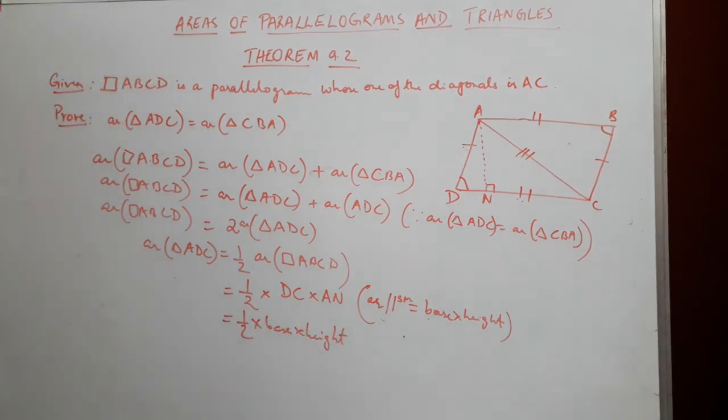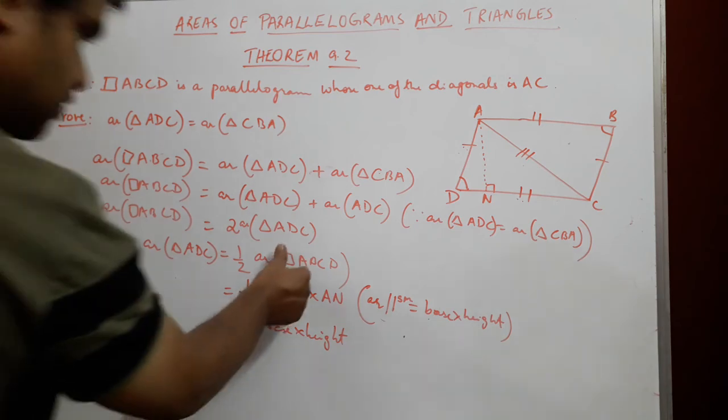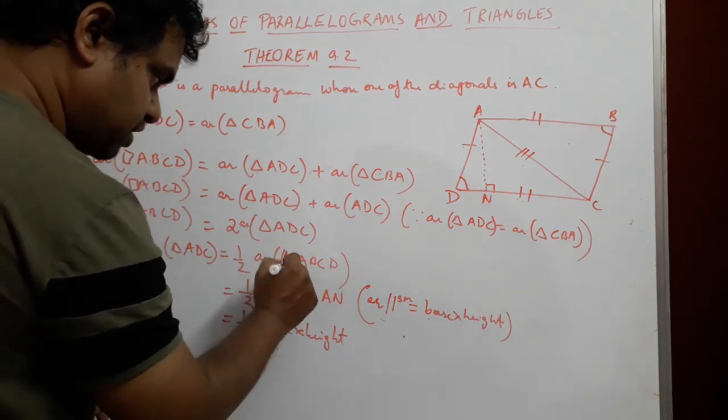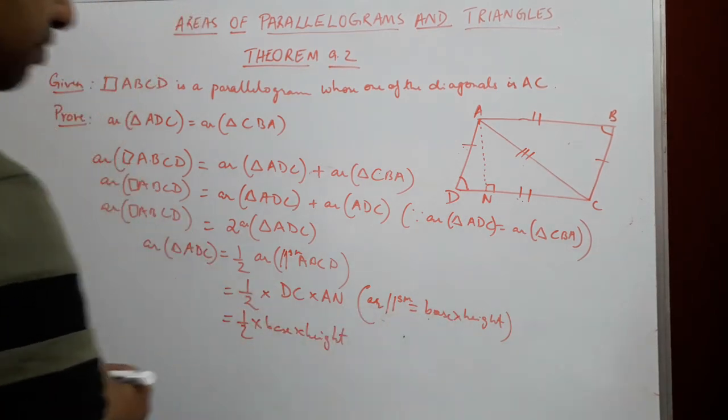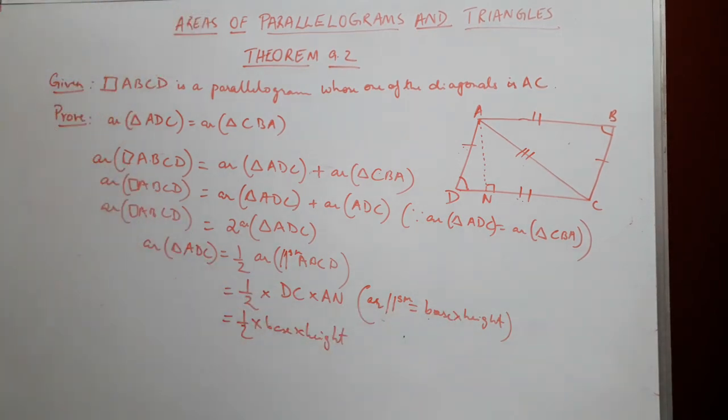Got it? So just an extension, this is not part of theorem 9.2, just an extension, because we were proving two areas equal to each other, having the same base and lying between the same parallels. So we just went into an extension to show how we get area of a triangle equal to half base into height from area of a parallelogram. Then I'll put this as parallelogram over here because this is the formula of a parallelogram.